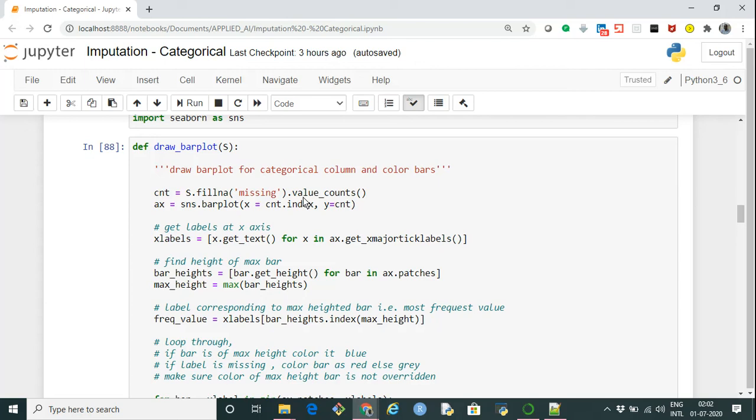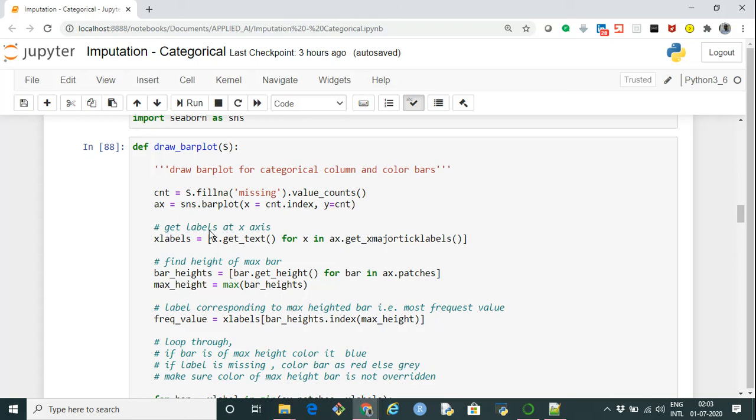And then it creates a value count, so that it gets a frequency table of the different categories and their respective counts, where all the NAs will be represented by the string missing. Then it does the plotting using sns.barplot, and on the x-axis we are passing the cnt series's index, and on the y-axis I'm passing the actual values, and storing it in ax as the object.